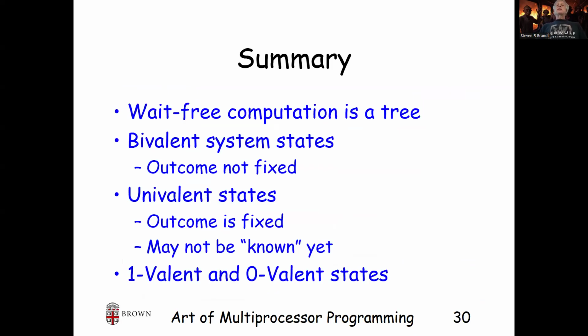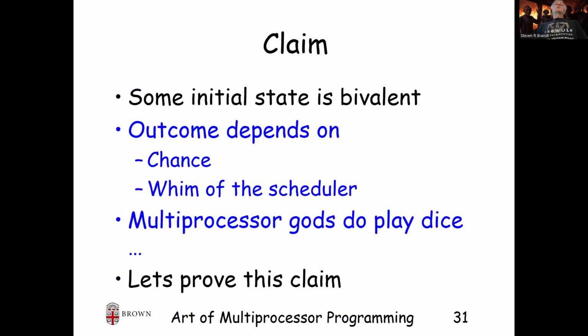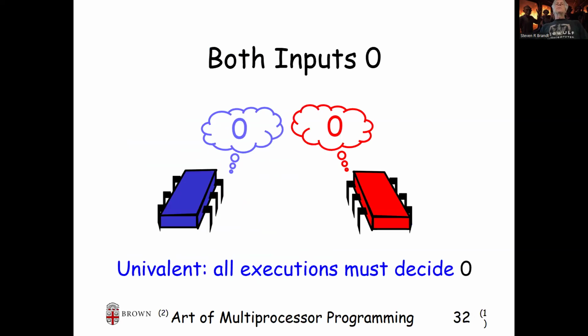And bivalent states mean the outcome isn't fixed, and univalent states mean the outcome is fixed but may not be known yet. And then there's 1 and 0 valent states which correspond to the various decision values that are possible. So the claim is that some initial state is bivalent, and the outcome depends on chance, the whim of the scheduler, and we can get to an answer. So let's try it. So if both